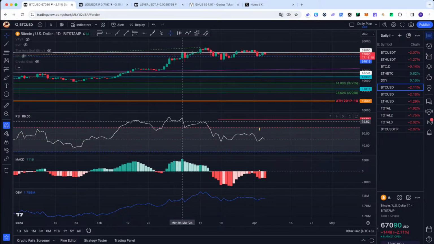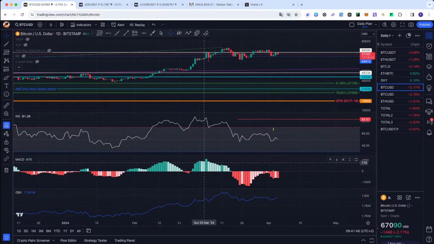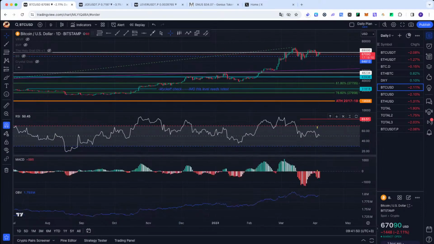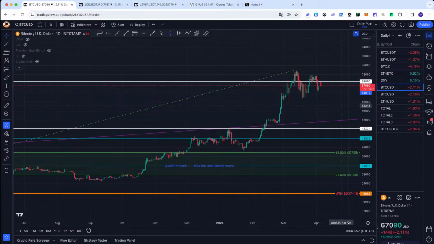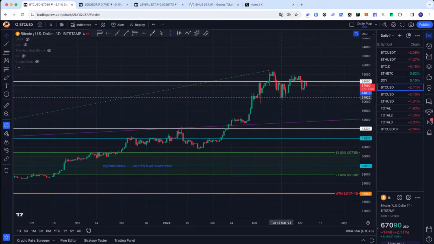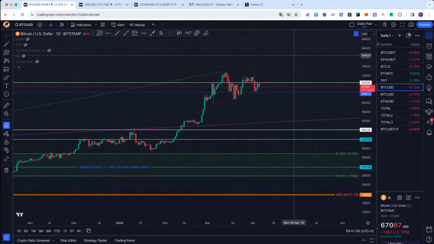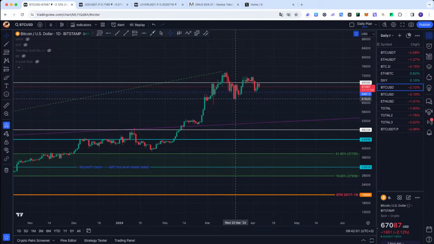We have some M's here. We have some M's in OBV. We have some M's, some bearish divergence in MACD and RSI. But still, if we are staying above 60K, we are safe. So don't be too bearish on Bitcoin until we lose 60K. We'll accept on daily basis at least below 60K. We are still bullish. We have some signs.